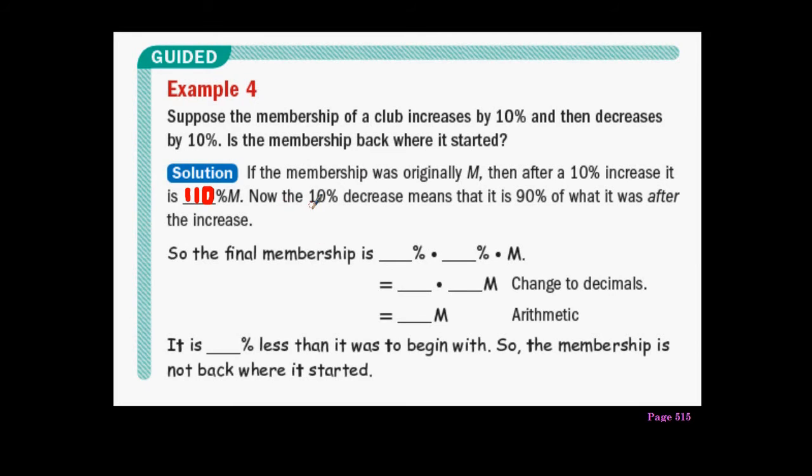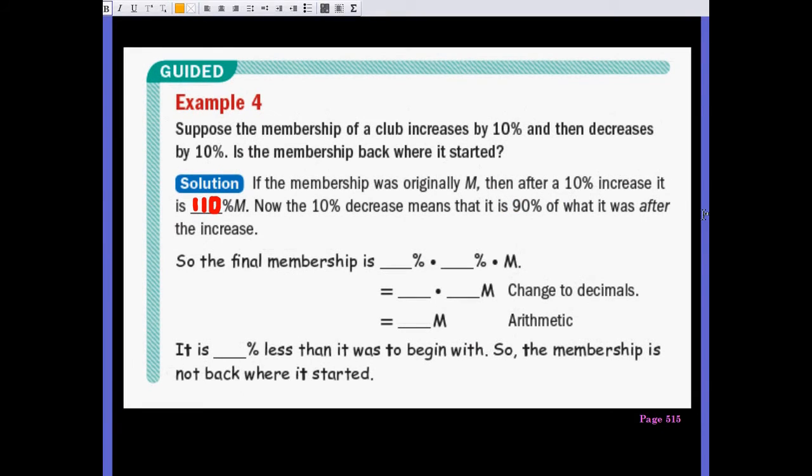There we go. Just about got that in there. Now, the 10% decrease means that it's 90% of what it was after the increase, because 10% is the amount it's decreasing, so 90% is what is left. So the final membership, let's see if I can type it if it'll come out a little easier, is 90% of the 110%